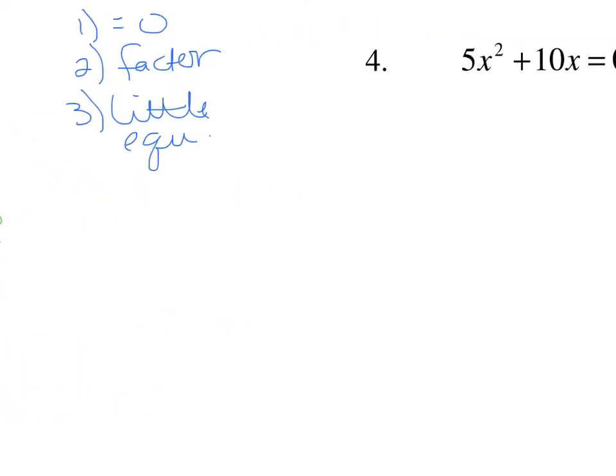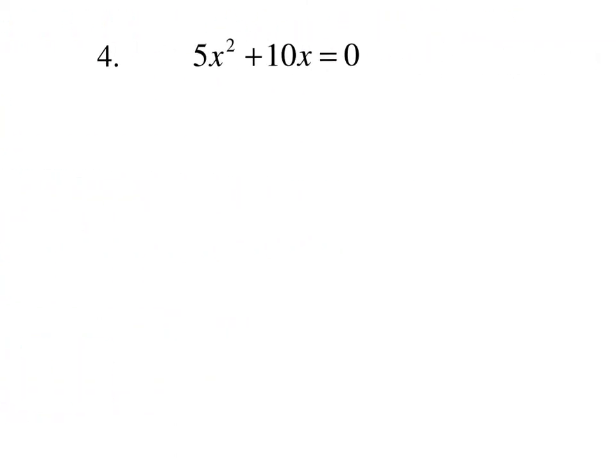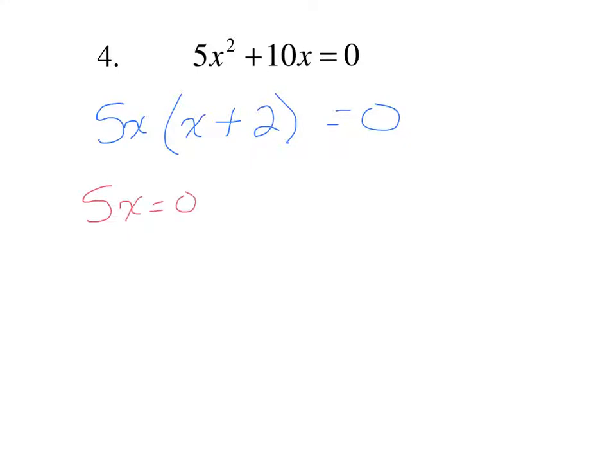Number 4, the equation already equals 0, so we need to go to the factoring part. There is a GCF here, so we're going to factor out a GCF of 5x. That leaves us with x + 2. And then we're going to set up some little equations. We're going to use this one first, 5x = 0. And then from here, we're going to have x + 2